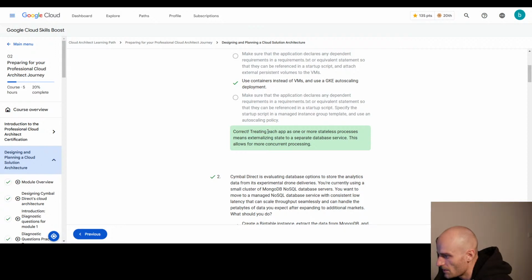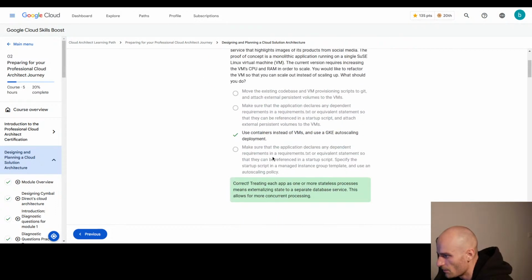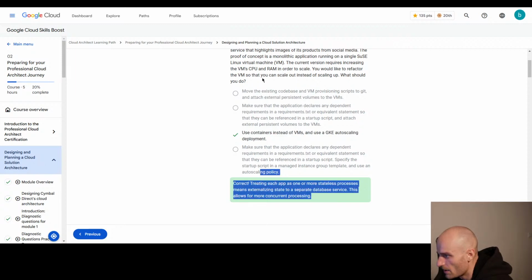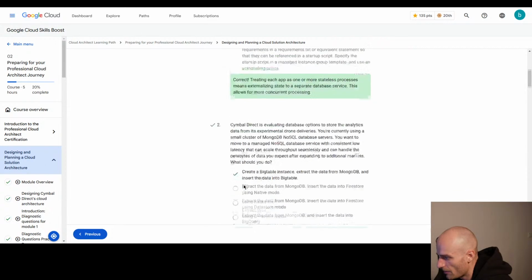Treating each app as one or more stateless processes means externalizing state to a separate database service. This allows for more concurrent processing. Yeah, but this is not why I chose this. I mean, this is why one may want to scale out instead of scale up. But yeah, however,